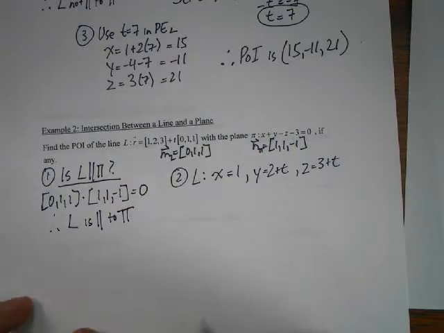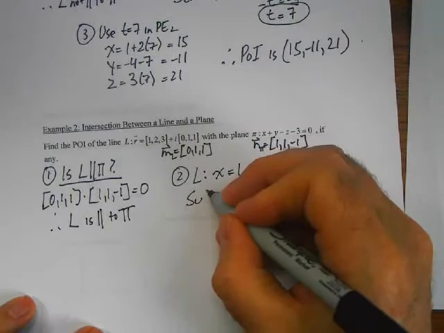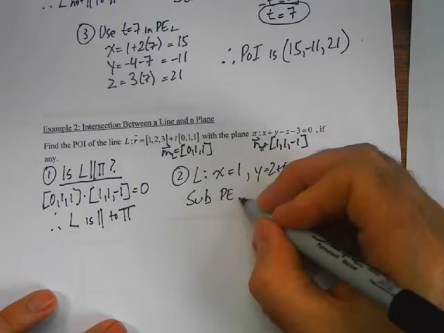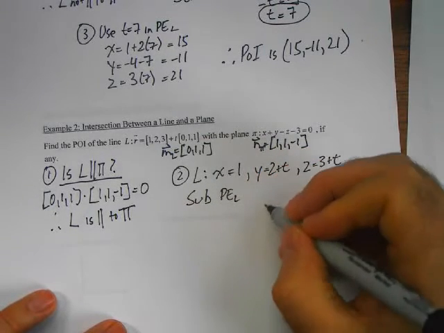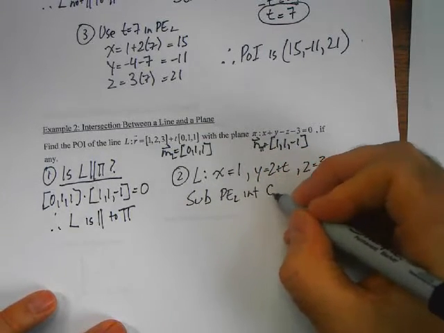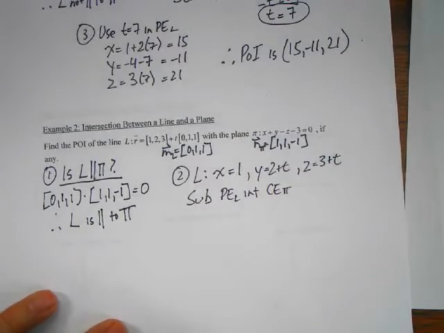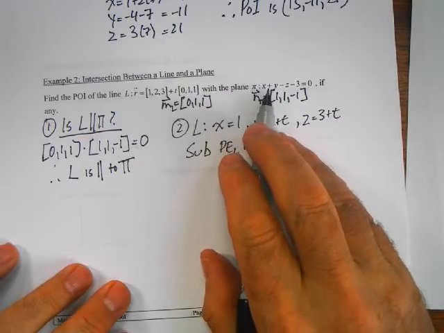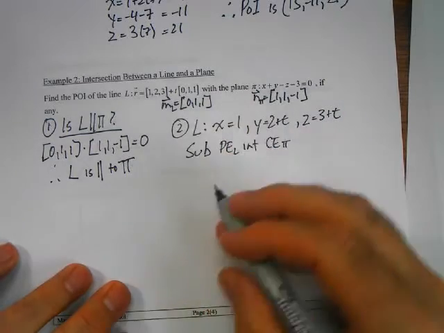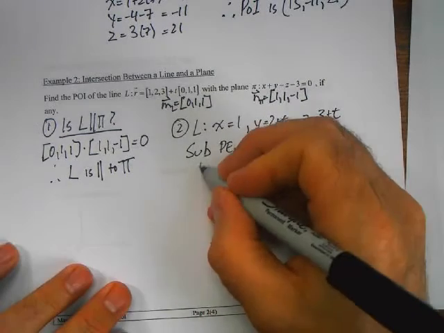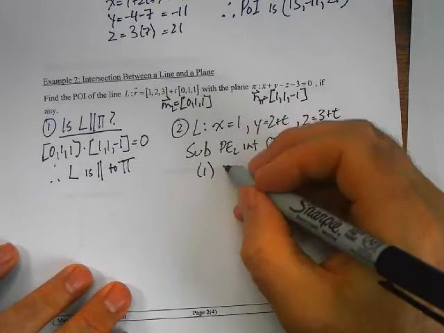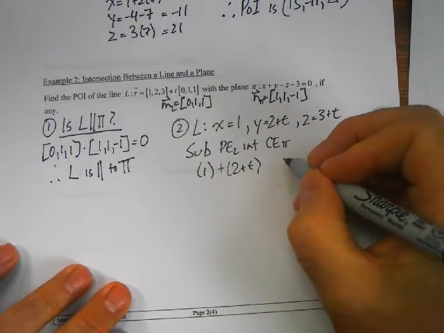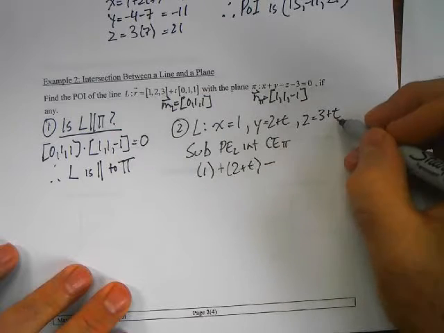And so we're going to substitute the parametric equations of the line directly above us into the Cartesian equation of the plane. So we start with x plus y minus z: x is just 1, plus y, which is 2 plus t, minus z, which is 3 plus t,